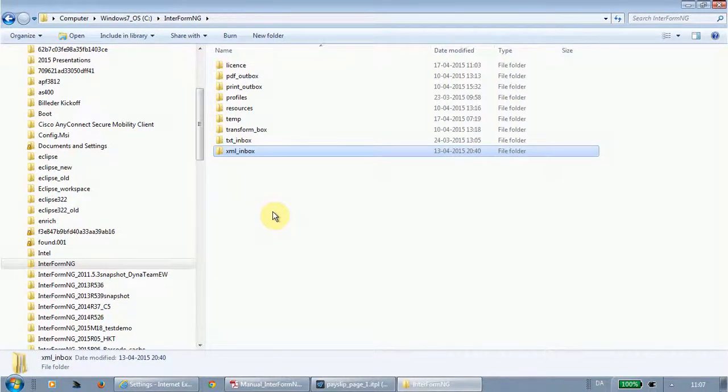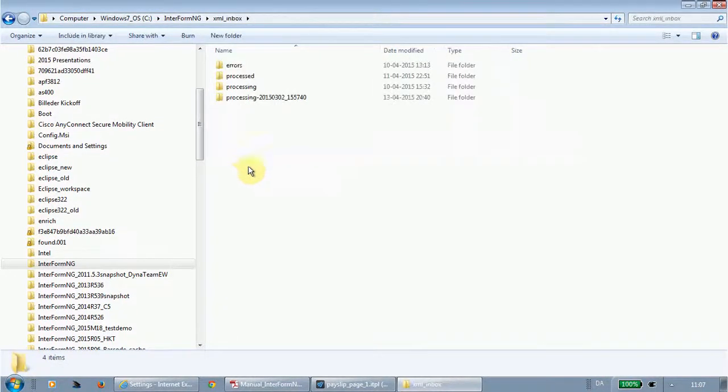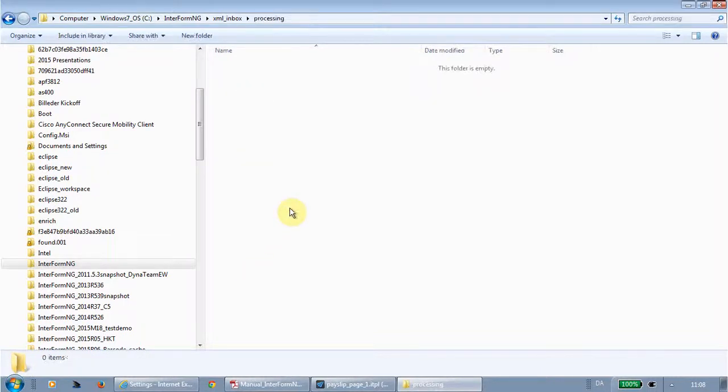the contents of the directories here that we are monitoring. So InterformNG is monitoring this XML inbox directory for new XML files. You copy the XML files to this directory, then they are put into processing while they are being processed, and then when the processing is done, the XML files are moved on to processed. So the files are placed here in processing, and then if you end the server, or you stop the processing